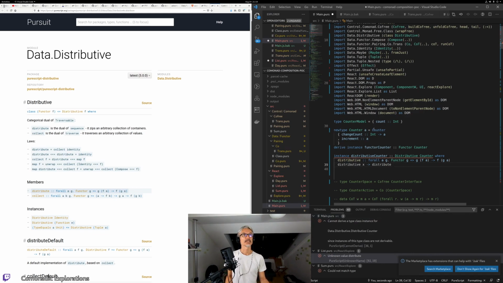So we imagine we have a counter of, okay, let's write it down. We imagine we have a counter of change count of int to list of A and increment of list of A. And that we want to have a list of counter cc inc somehow. Not exactly that, like with a different cc, right? cc that's into a